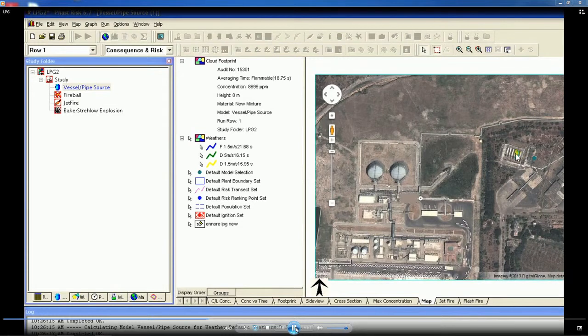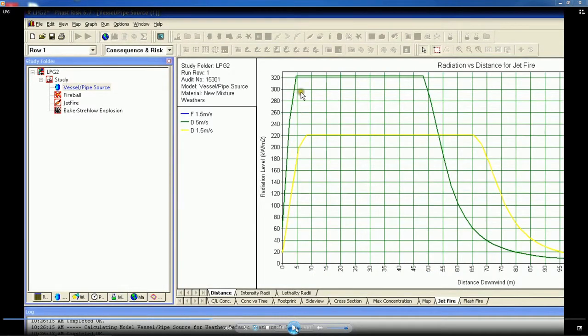So, look at the mapping of this. Select the source where you want to identify what the possible jet fire arising from this is, which gives me the plot for different radiation. Now, we all know the radiation versus distance; we have selected the radiation level in terms of kilowatt per square meter. So, we already know the radiation level as we have an input from here. For different radiation levels and different Pascal stability classes, you will see the failure scenario being shown now for a specific stability class.